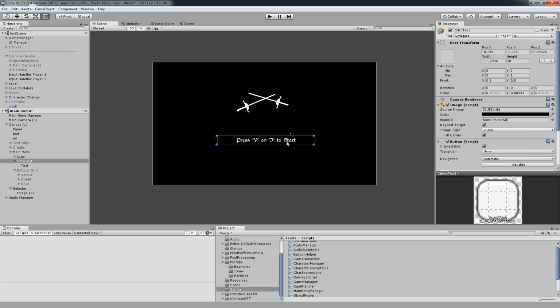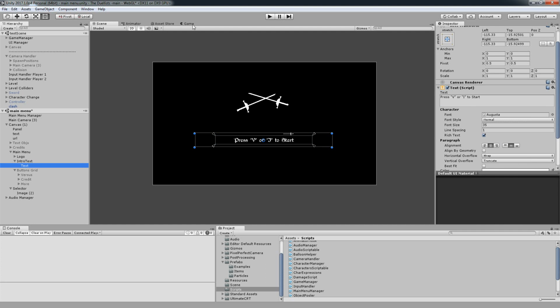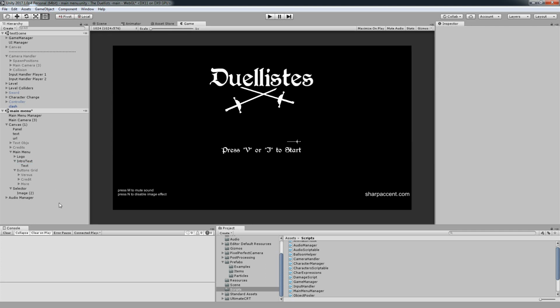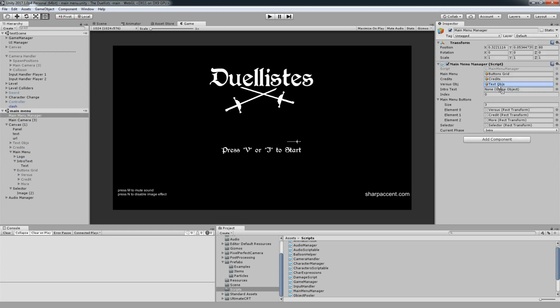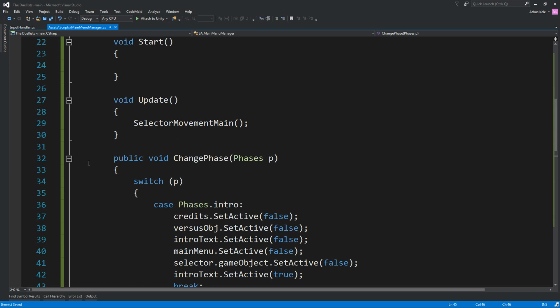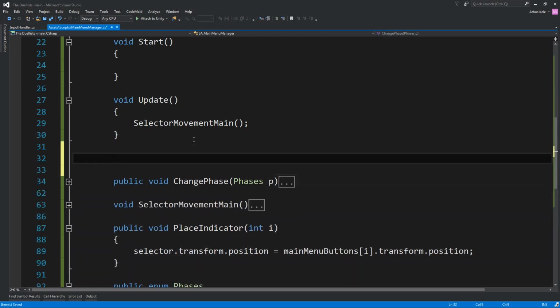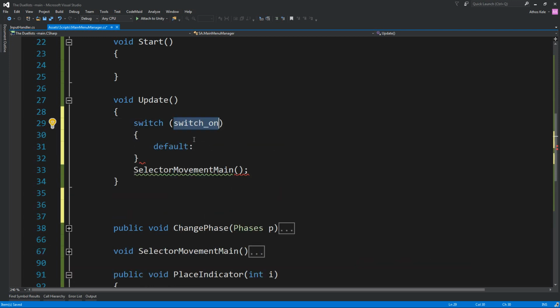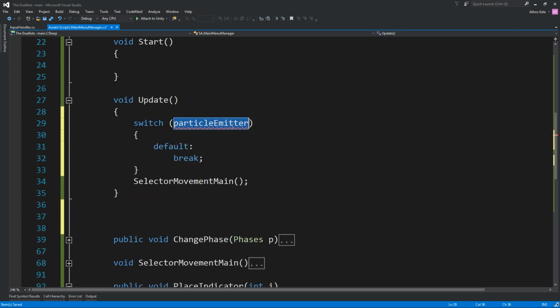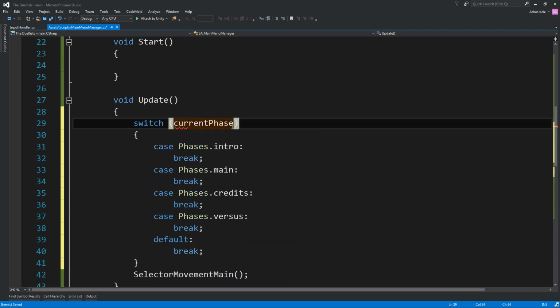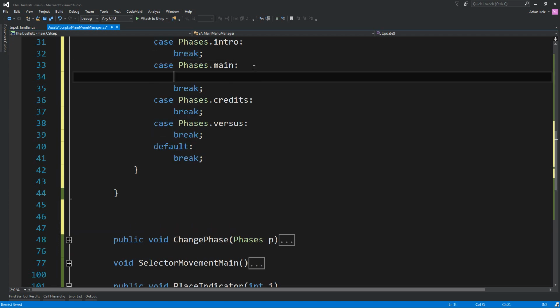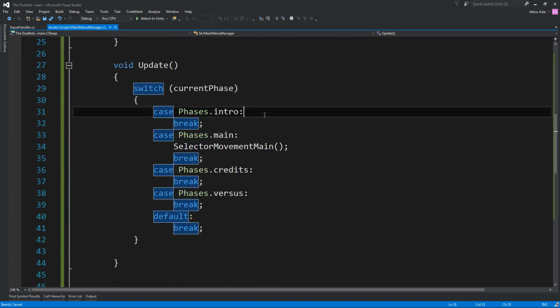It's not on the center, so maybe change that. Let's see. Yeah, that's more closely to the center. Main menu manager, let's take the intro text, leave it over here. Let's see, what do we have? Then, inside the update, we're going to do another switch. We're going to say current phase. On the main. On the intro,